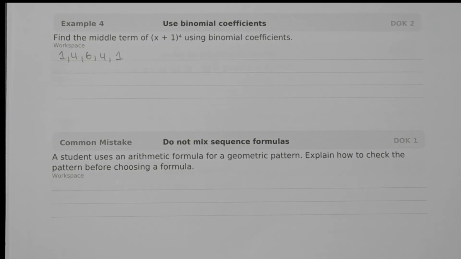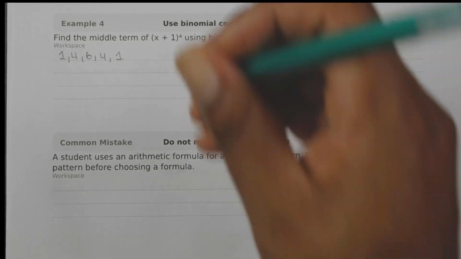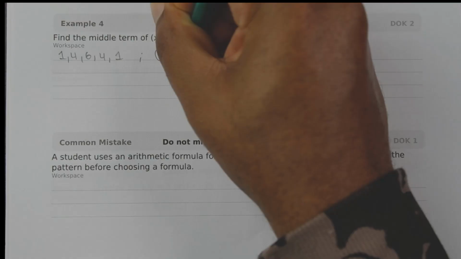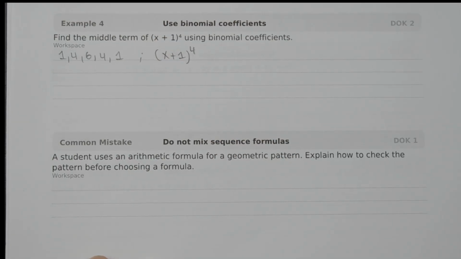Raised to the power of 1, it would have 2 terms. Raised to the power of 2, 3 terms. Raised to the power of 3, 4 terms. Okay, 1, 2, 3, 4, and then if you have 4 terms, then you'll have 5. So the 4th power expansion contains 5 terms. The middle term is the 3rd term. Okay, this term is the 3rd term. So, for example, if we have the problem here, x plus 1 raised to the power of 4, we can